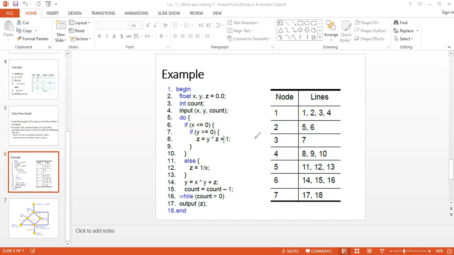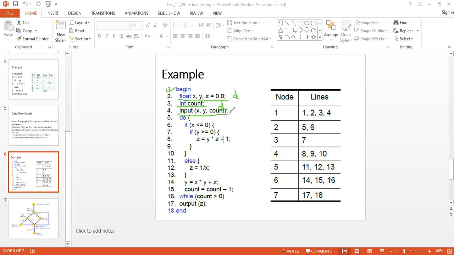Anyway, since this is executable code, we have to take this particular line as well. So we will take the first line, and then you can see that in the second line we have a definition. We define our variables. Again, in the third line, we define our variable.